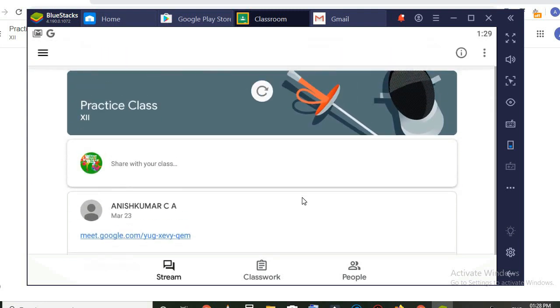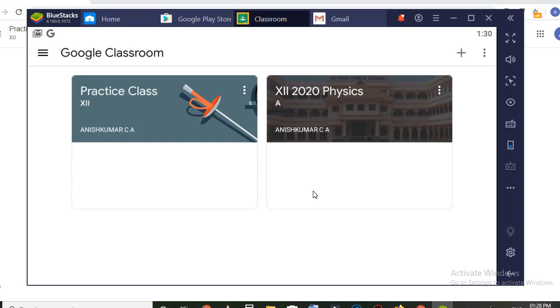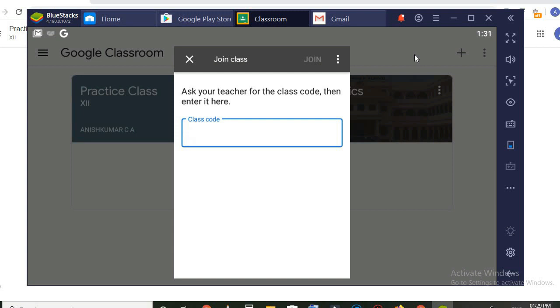So this is the method to join the class by using an Android mobile phone. Without the link you can enter the class by another method. After installing this classroom app, just log into the app using your email address and click on the plus button, then click on join class. For each class there is a code.